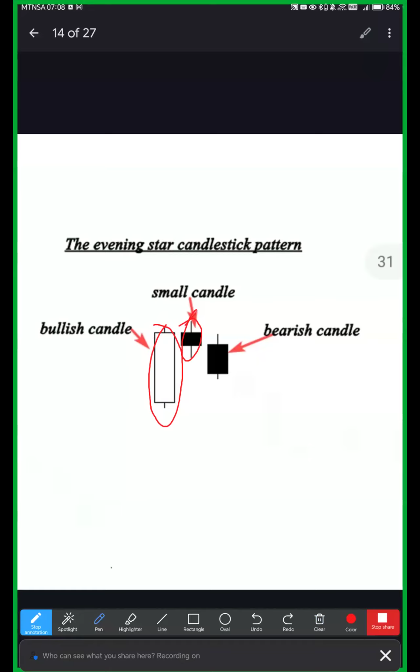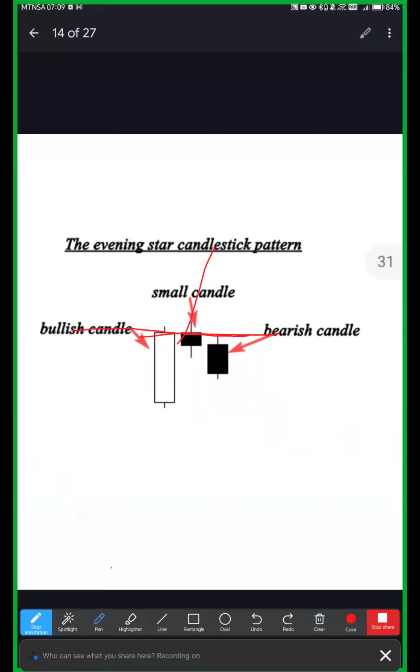This candle also may tell you that buyers, yes, they are in charge. But there is one small challenge. I don't know if it is a small challenge or a big challenge for buyers. They are in control, but they are failing to press the price high up. They are failing to push this price to break this level to go up. That is the only challenge that buyers are experiencing.